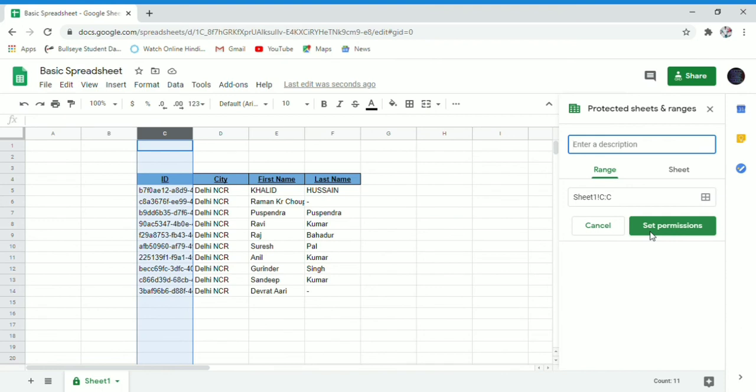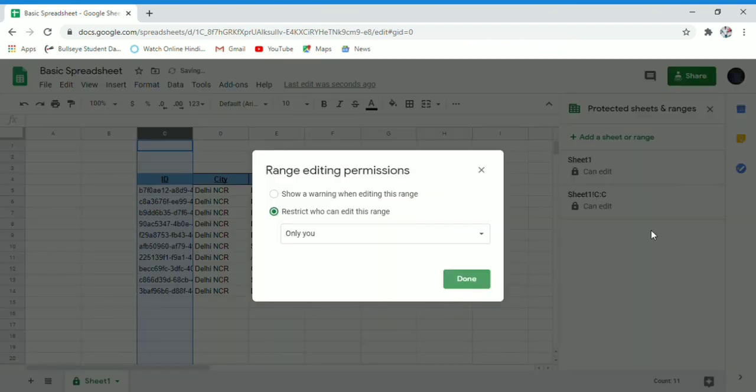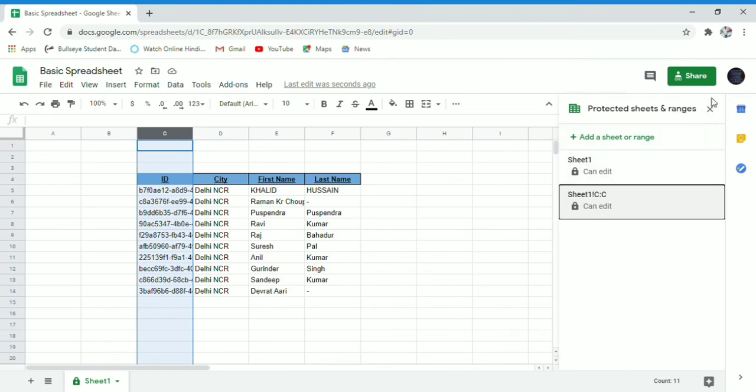So by selecting a particular column, we can protect that column so that no one would be able to edit it. Even if you are giving access to other people as well, they won't be able to change your data. Only you can change your data, and they can just overview it, and they can make changes in the other subsheets, but not in the subsheet which you have protected. So that's the option you can get in Google Sheets.